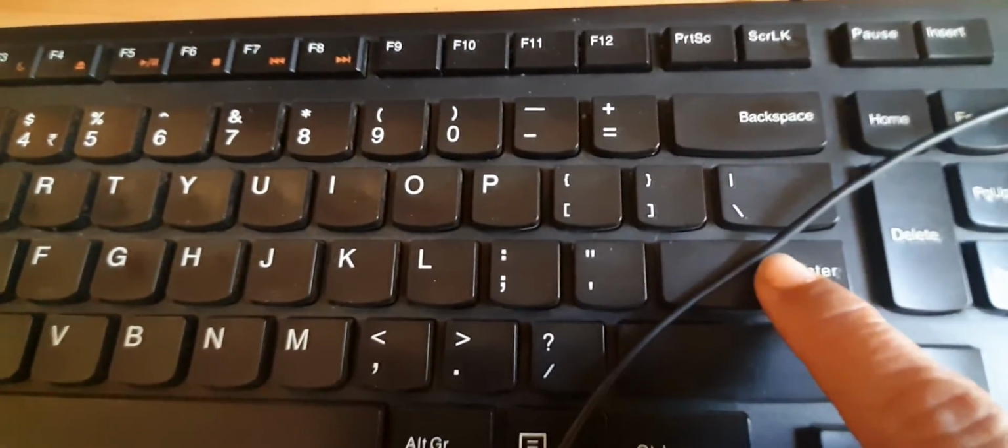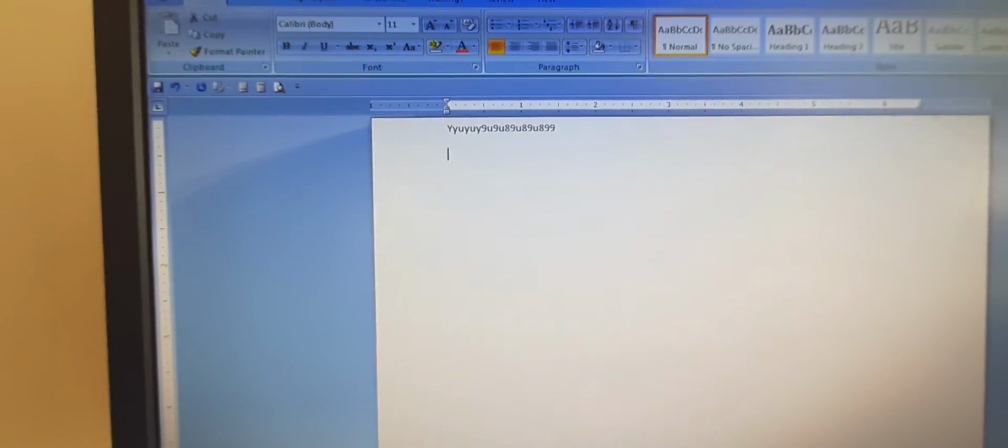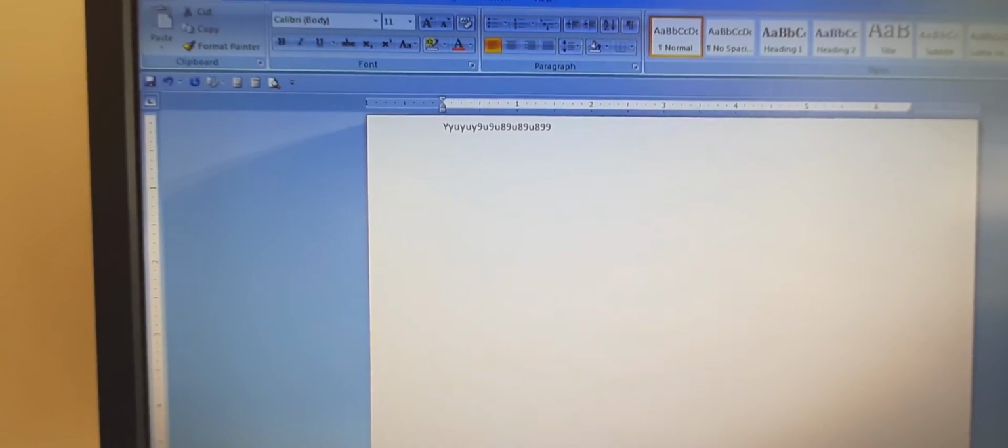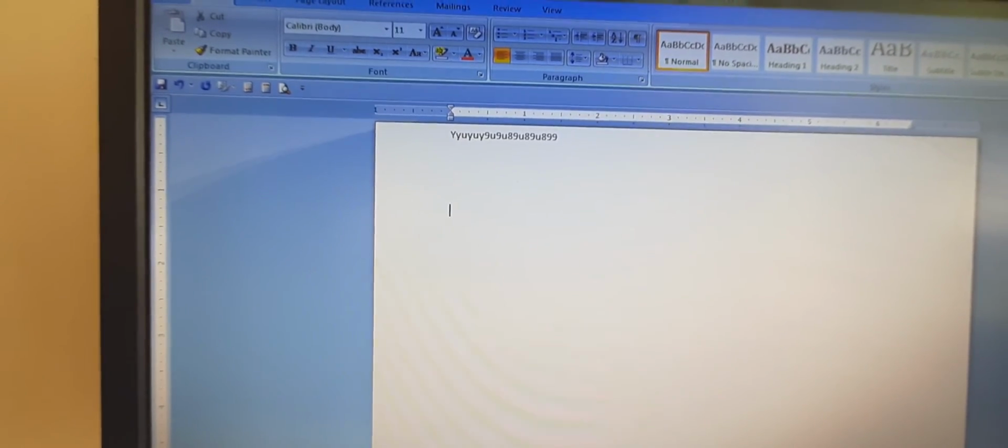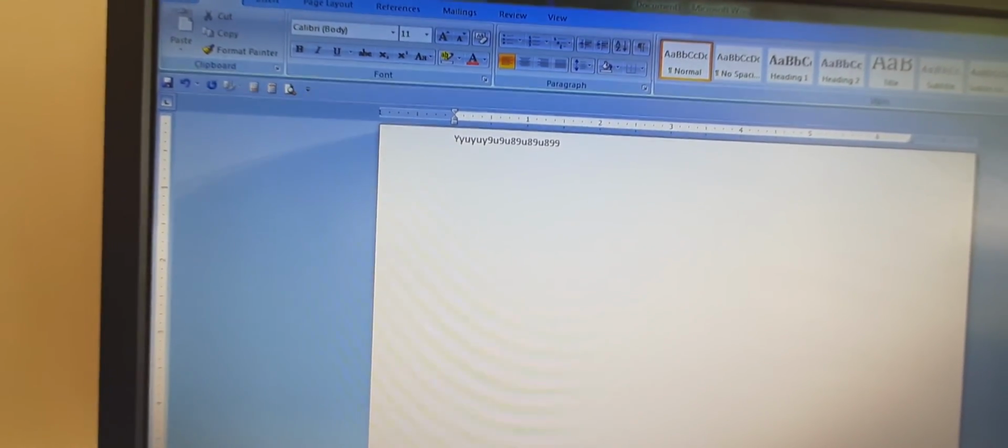If I press the enter key here, children, it will go to the next line. If I press once more, it will go to the next line, again next line, again next line. Understand?